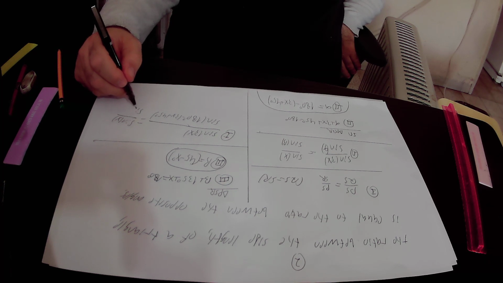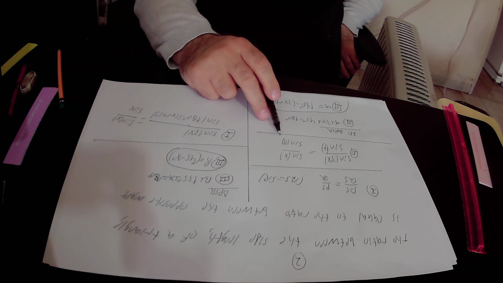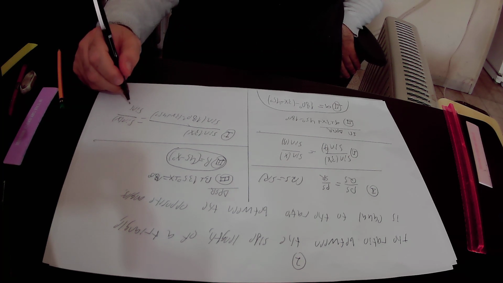But we have already found out that beta equals 45 degrees minus x, so we will substitute beta in equation number 1 by 45 degrees minus x,